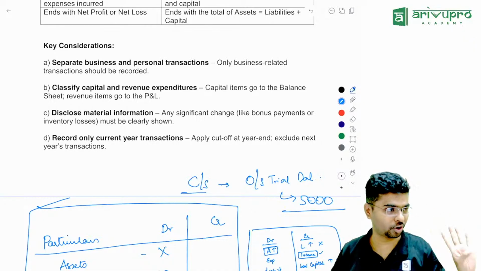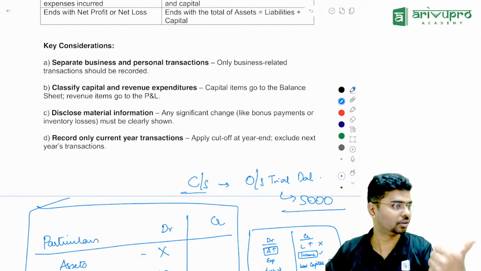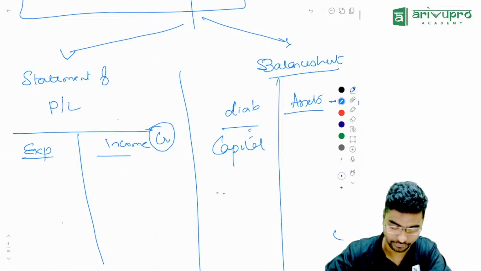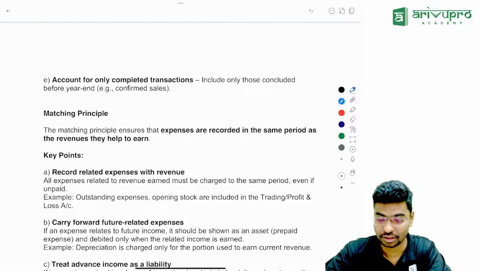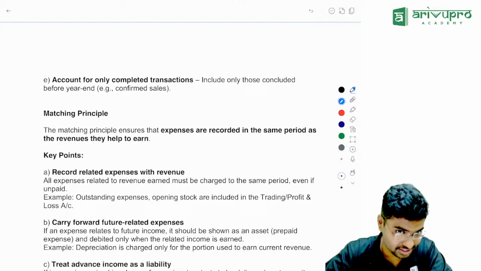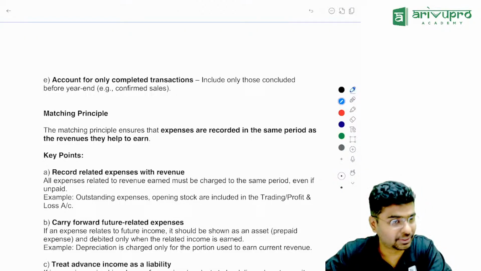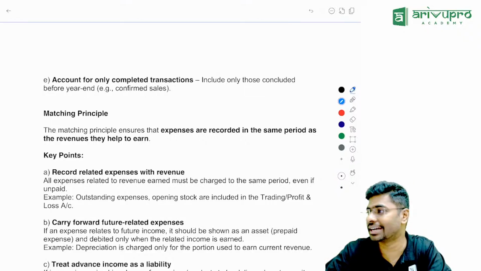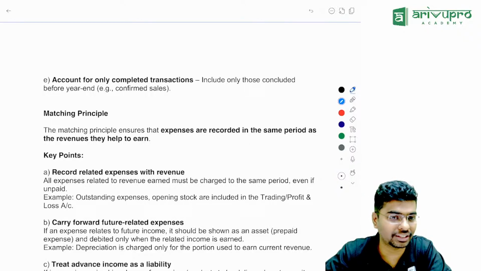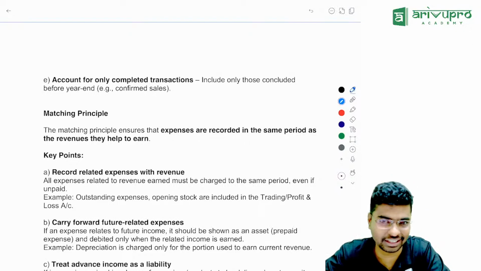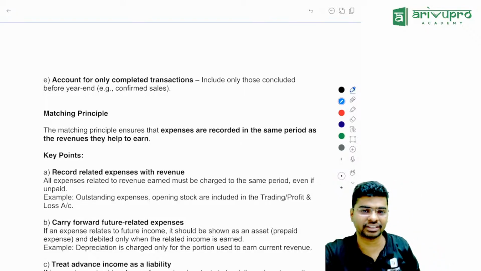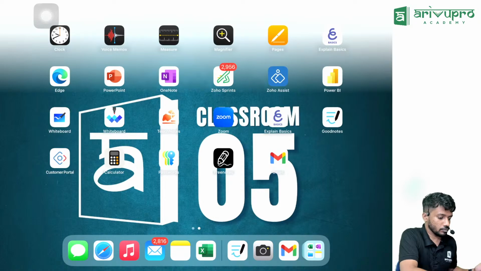Four concepts we covered right now. Clear with the first four? What is the first one? Only the business transactions. Then capital and revenue: capital comes in the balance sheet, revenue comes in P&L. Then the third one, you have to make sure all the material information is disclosed. This will not be tested now. Material information and all, you'll learn it in your intermediate and final. Fourth one,